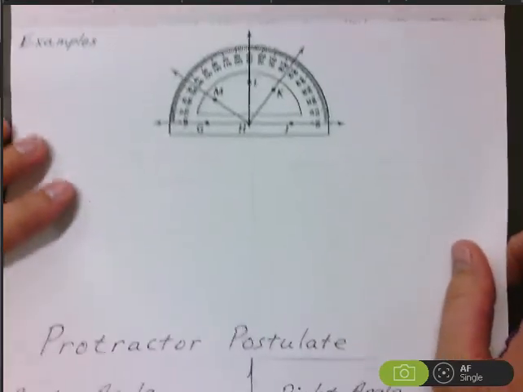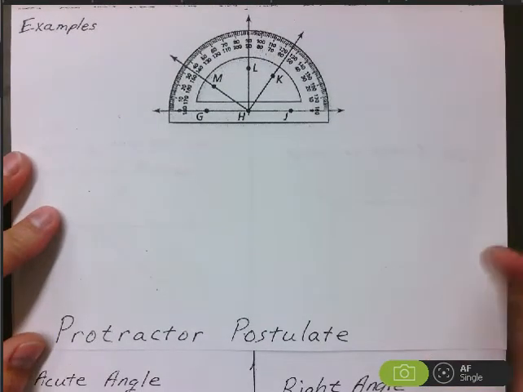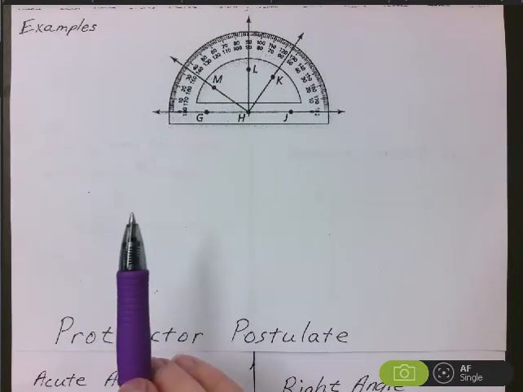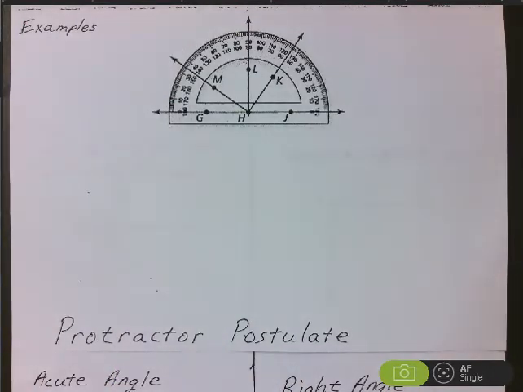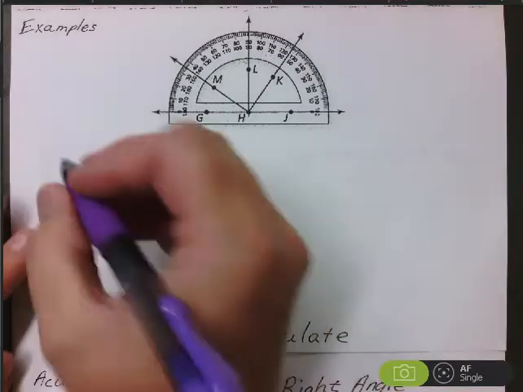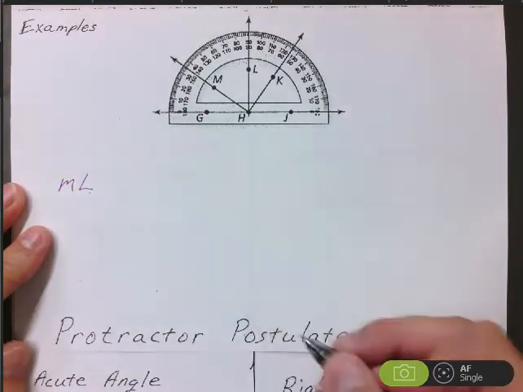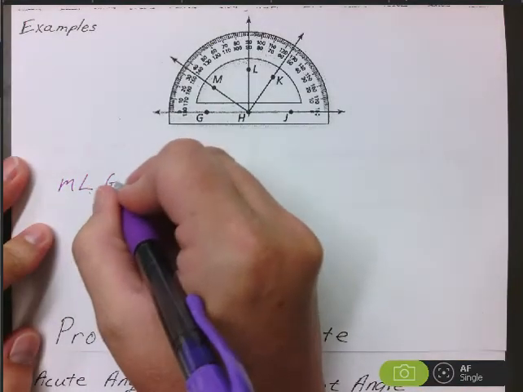So I do have a picture down here on the bottom half of that piece, and we're actually going to go through and find some measurements. So the first one I want us to find is the measure, that little m means measure, the measure of angle